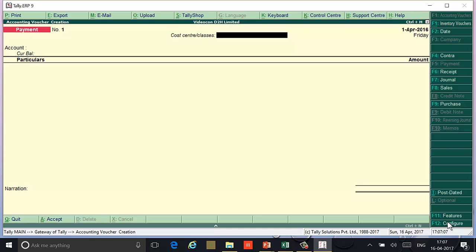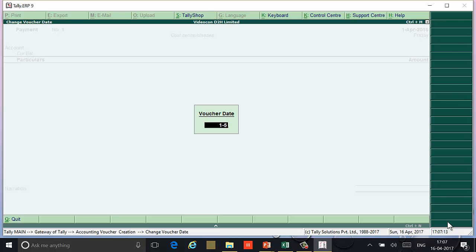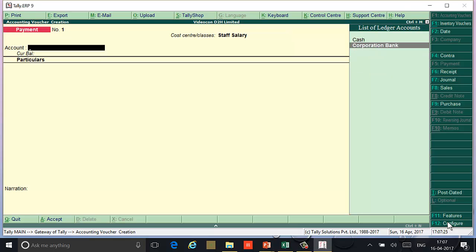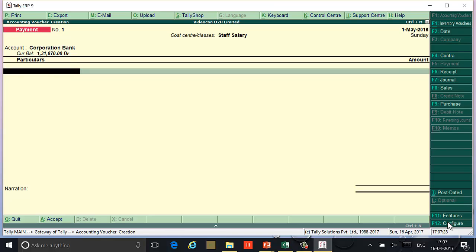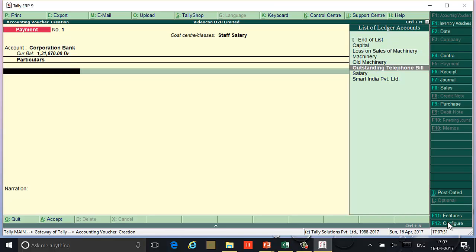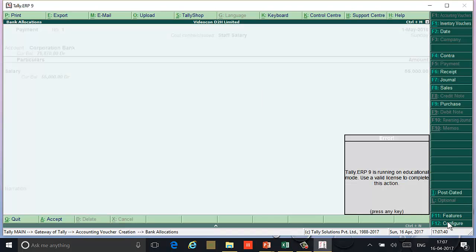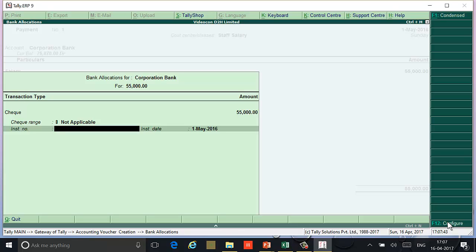So the transaction was on 1st May. Here we have to select the cost center / class name. So what was that? It is staff salary. Here we are paying that amount through Corporation Bank, and here we have to select the salary, and the balance is 55,000. And the check number is 258745,